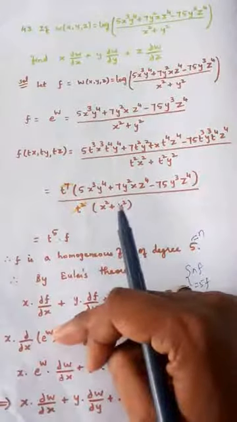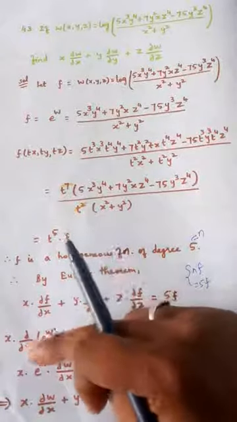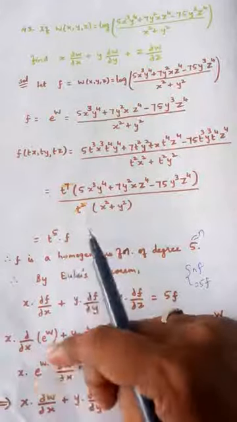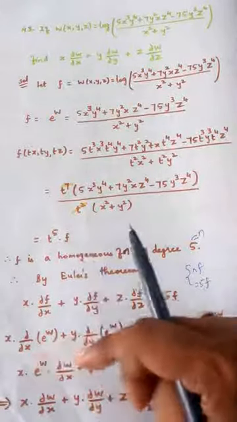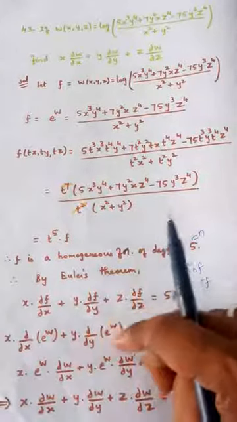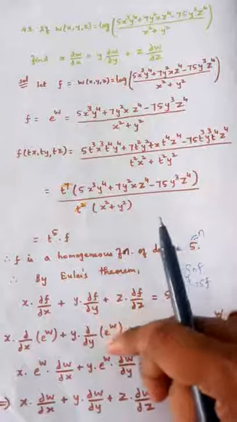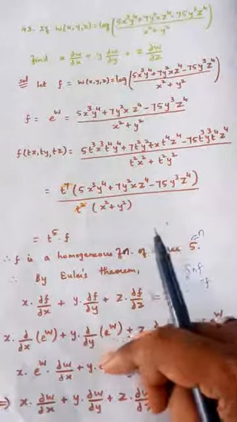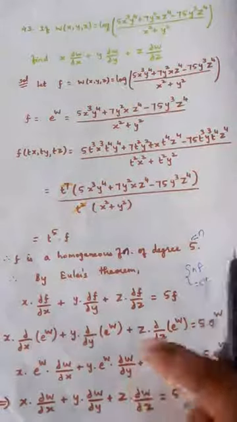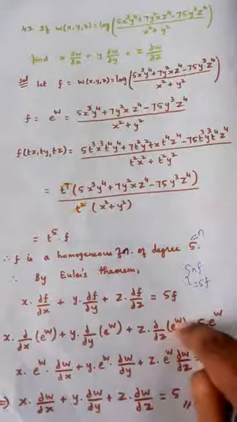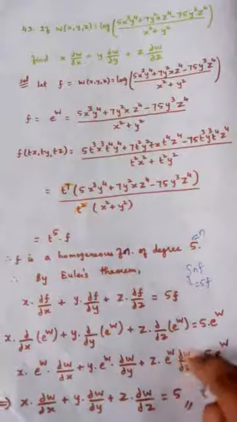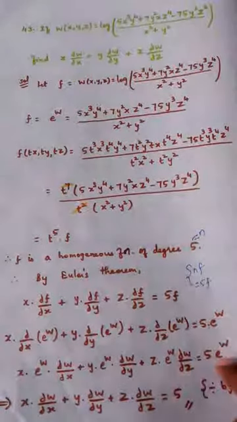Same concept as I said in the previous sum. I have to differentiate this with respect to x. What is the differentiation of e power w? Same e power w, but w should be differentiated once again, so dou w by dou x. Plus y into, I have to differentiate this with respect to y: e power w, and w differentiated once again, so dou w by dou y. Z is present. Differentiate this: e power w, differentiate w once again with respect to z, so dou w by dou z equal to this.